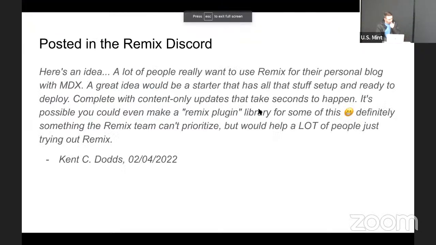About a month ago, Kent posted this in the Remix Discord, talking about how a lot of people really want to use Remix for their personal blog with MDX. It'd be a great idea to have a starter that has all this stuff already set up, that comes complete with content-only updates that just take seconds to deploy, and maybe even make a little library for it.